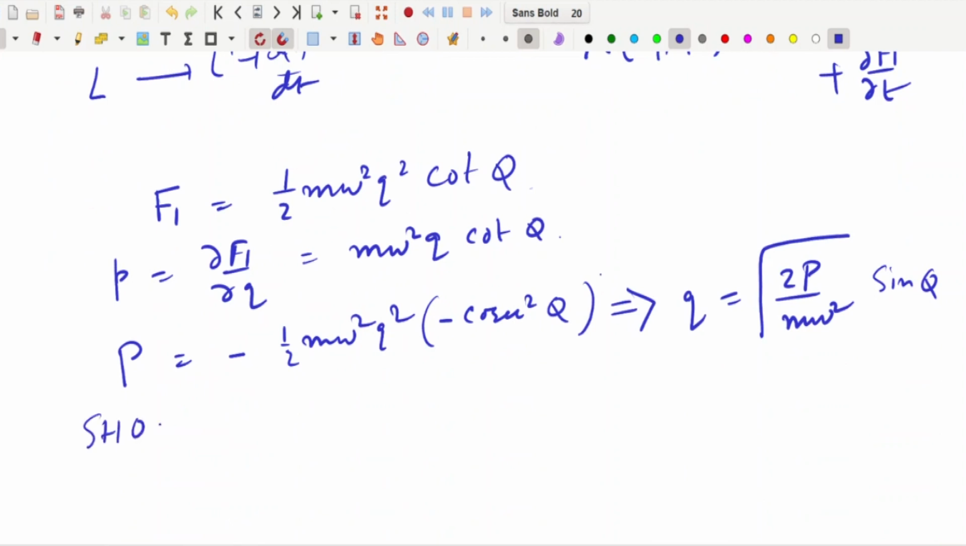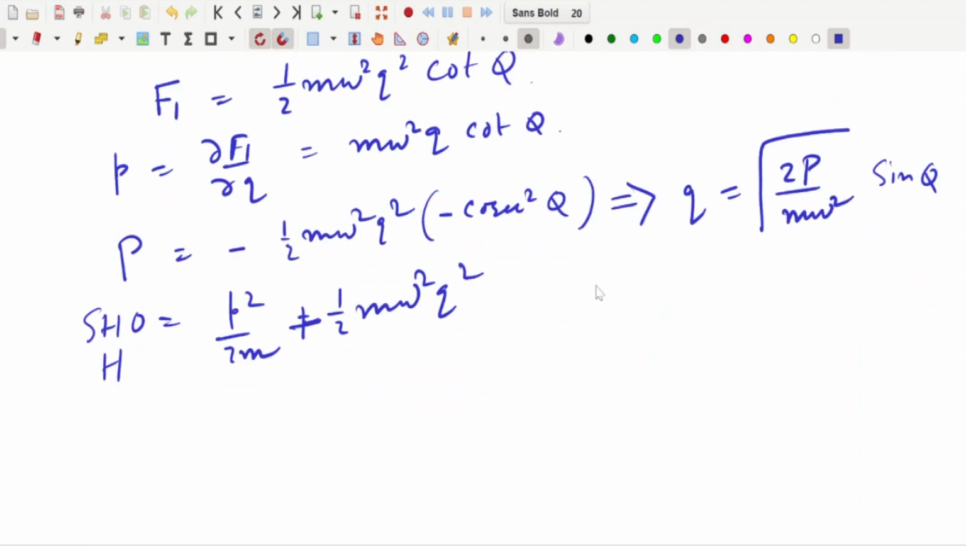The simple harmonic oscillator Hamiltonian will be p square by 2m plus half m omega square q square, suppose, and I will convert it. So this is my H. I will write it in terms of the new variables. So K will be obtained just by substituting these variables. So p is m square omega to the power 4 q square divided by 2m, cot square Q, and